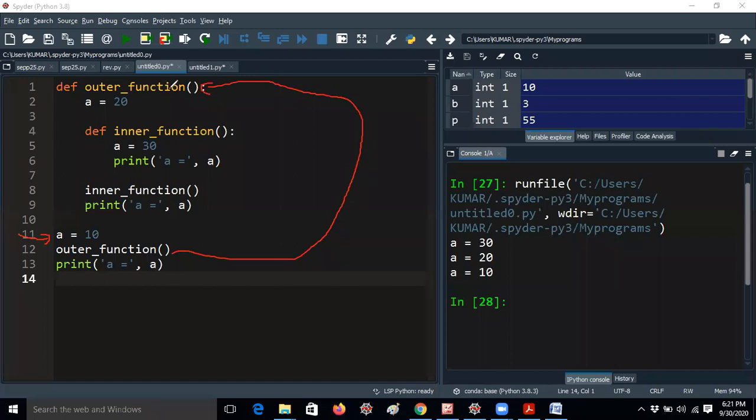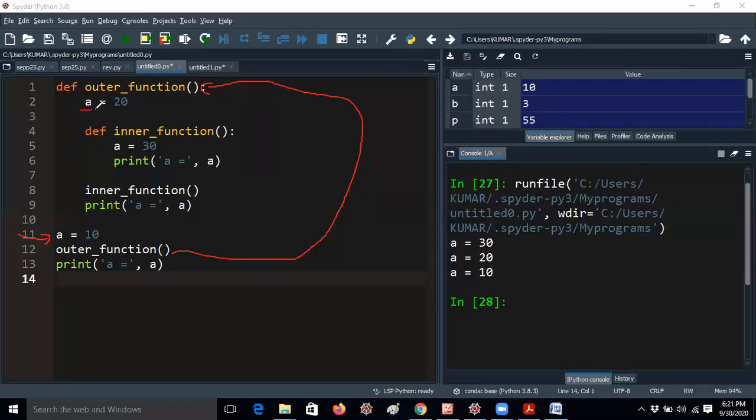Calling means the outer function is here. outer_function is a function name. Okay, don't be confused, guys. Why am I giving an underscore? Because a function name does not allow any spaces. That's the reason I am giving an underscore, because underscore is a special character. You can give o_f also, but it should be meaningful. Okay, don't ask such questions. So outer_function. So I'm just going to this part.